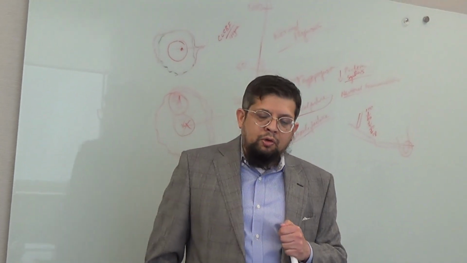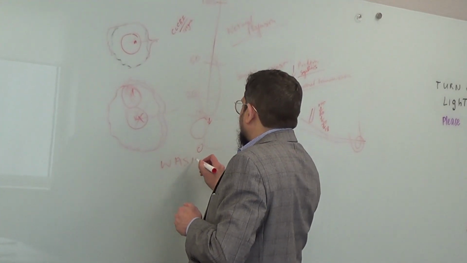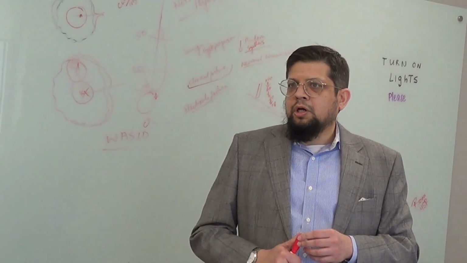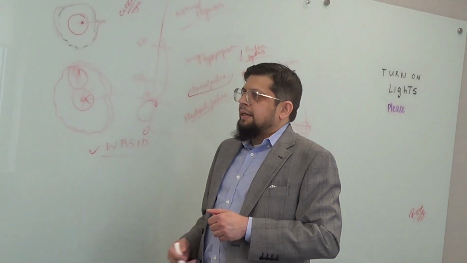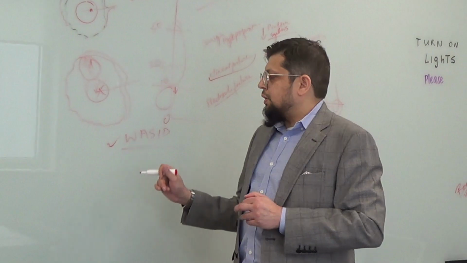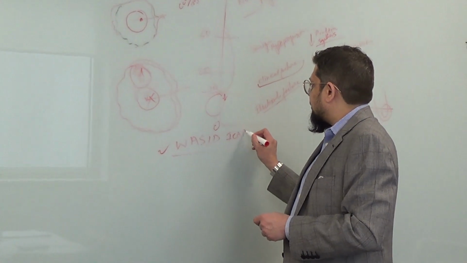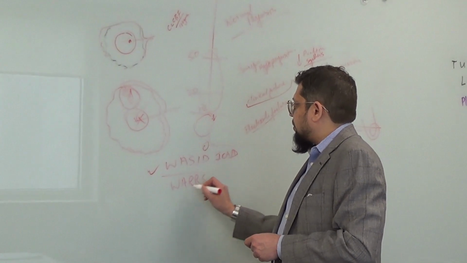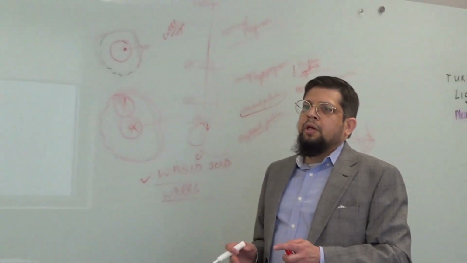In fact, if you get a chance, you can look up the WASID trial. W-A-S-I-D. The WASID trial categorically proved that anticoagulation was not better than antiplatelets, and we have since rejected anticoagulation in favor of antiplatelets. This was done for intracranial atherosclerotic disease, ICAD, like you said, posterior circulation. There's another trial called the WARSS trial, which was done for all-cause strokes, and this also showed that anticoagulation was not the way to go.